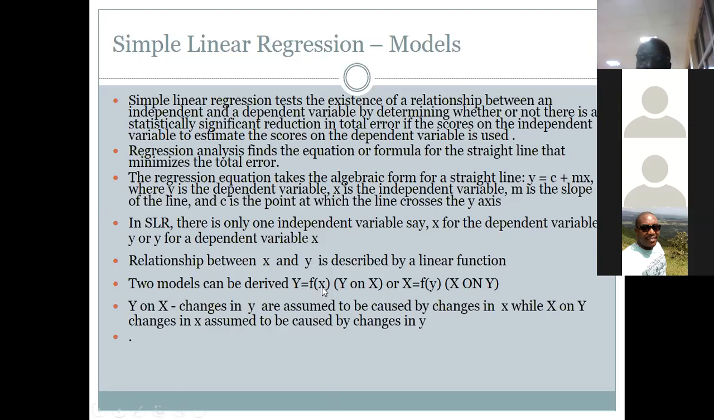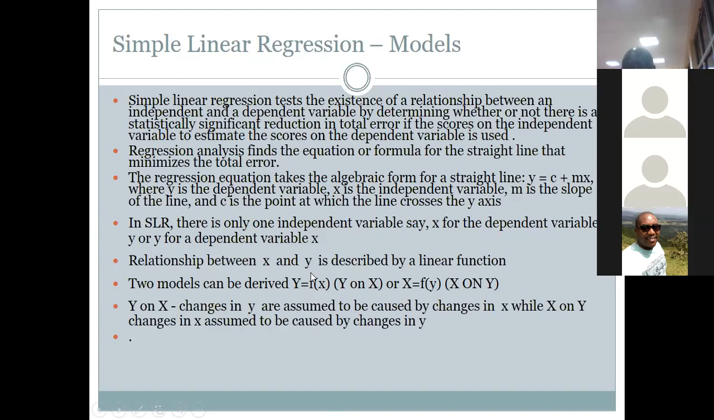And this is it here. Y is a function of X. Y is equal to f of X. That means Y depends on X. This is the Y on X regression line. Here, Y is dependent, X is independent. That's number one. Number two, for the same data set, if you want to predict X given Y,